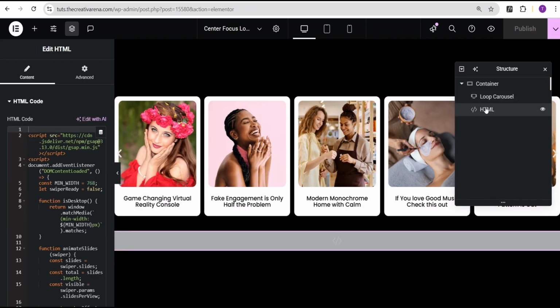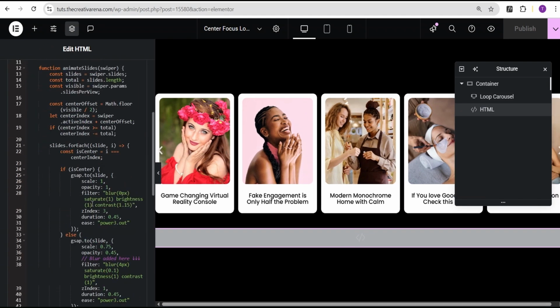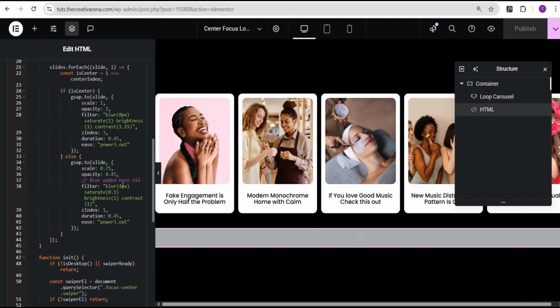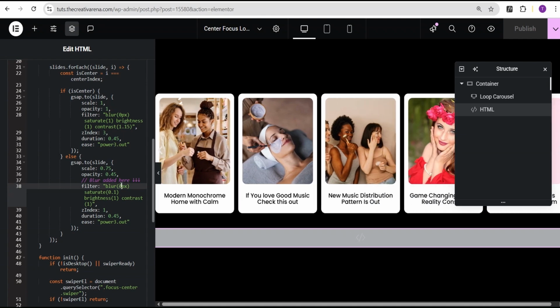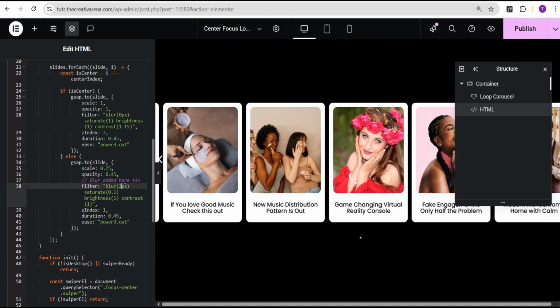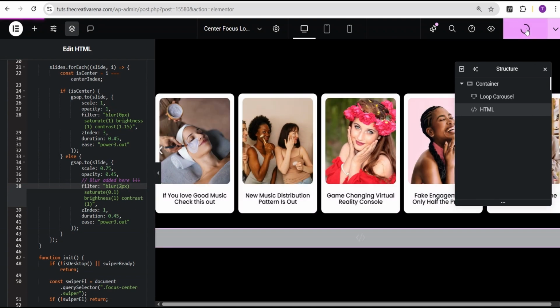I'll come over here to the HTML code. Let's expand this a little. Now we're going to come over to where we'll have the blur added, this option here. Now it is set to 4 pixel. If you want to have a subtle blur effect, you can just come over here and reduce the value to 2, and then when you publish this,